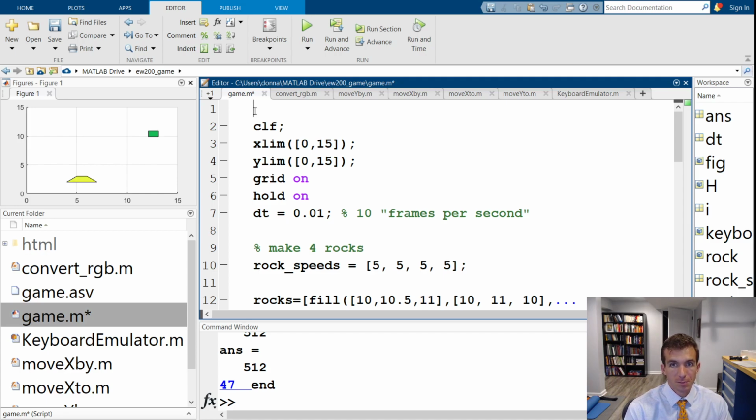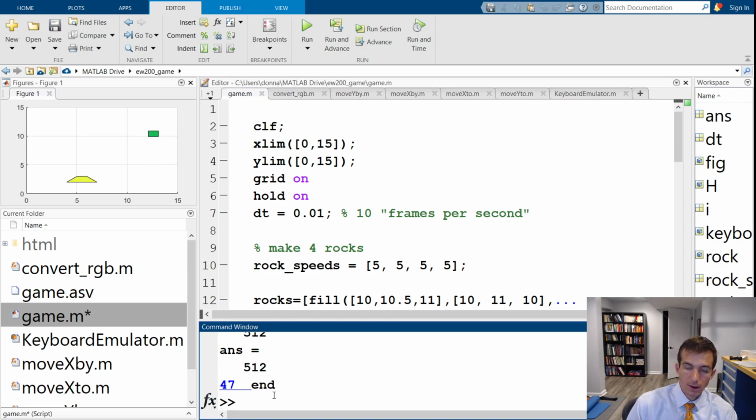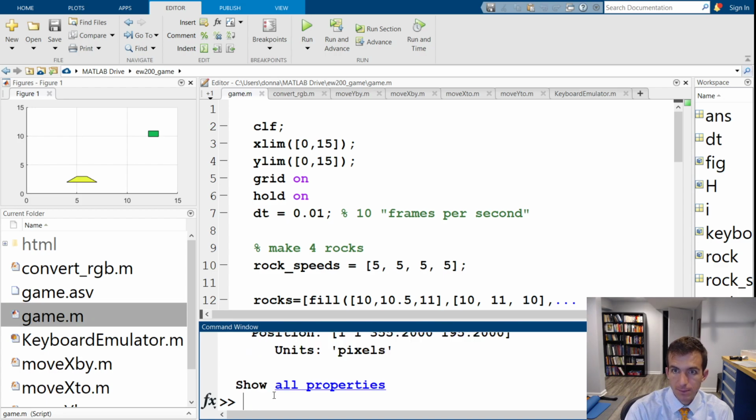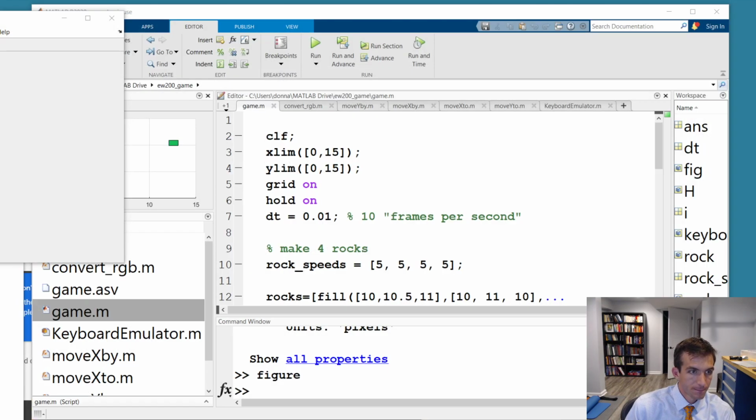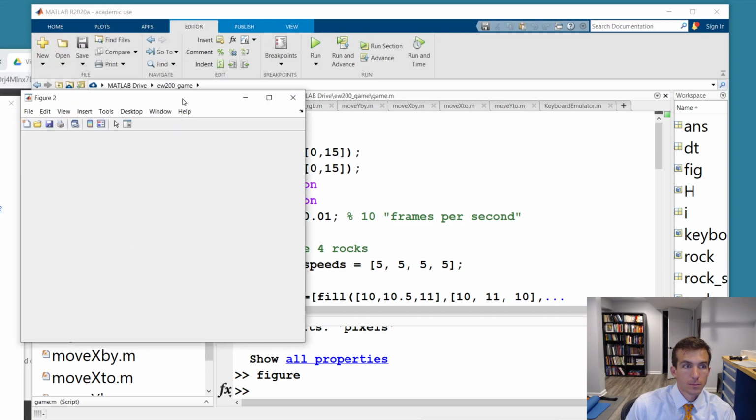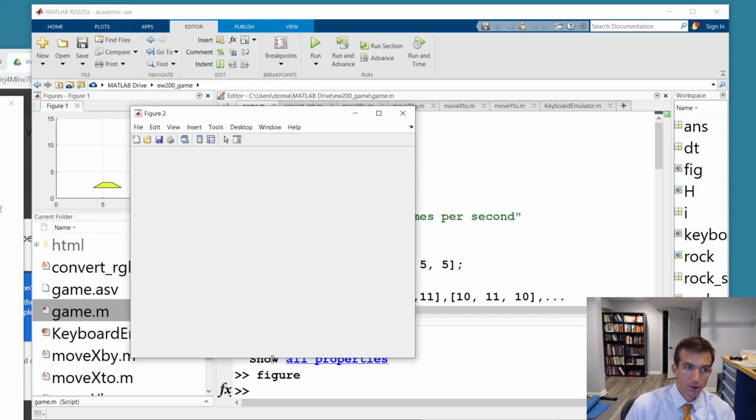But we can also be explicit and request to use a certain figure. Let me just show you what I mean. Down in the command window here, you can say figure, and you just get a new window that pops up, and it says figure 2, right? And you can type the word figure again, and you get figure 3 and figure 4, and all these will be